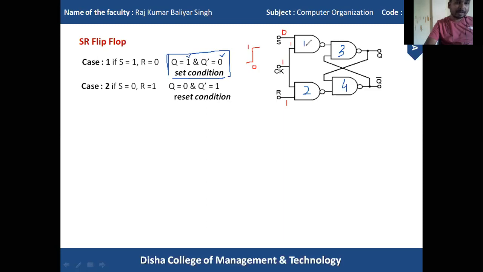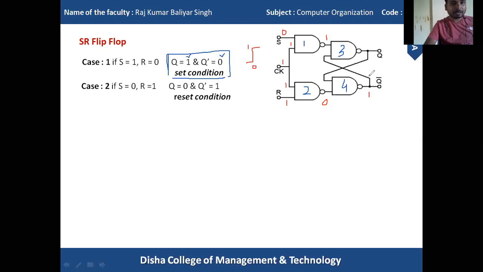So when clock equals 1, this first NAND gate produces, with 0 and 1, the result 1. Okay, here the clock equals 1. For this NAND gate 2, the input value is 1, clock is 1 and R equals 1, so it will produce 0 here. So see, first we will proceed with NAND gate number 4. When I supply 0 to this NAND gate 4, it will produce 1. This 1 is not the standard output of NAND gate 4, because in NAND gate 4 we need two input terminals, but we are passing only a single value, so we cannot say that it is the standard output.